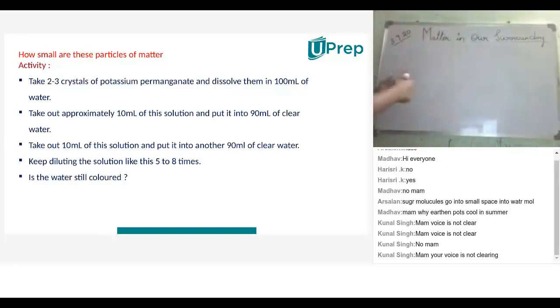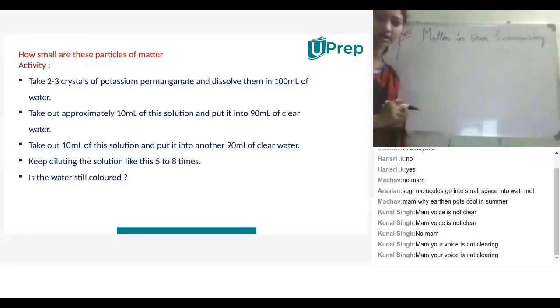So here, to prove how small these particles of matter are, again take a beaker. It is convenient to take a 100 ml beaker in the laboratory, or take a 200 ml beaker, any volume. But add 100 ml of water in it. How much? 100 ml of water in the beaker, and add, as I have given in the activity, 2 to 3 crystals. Take one spatula full of